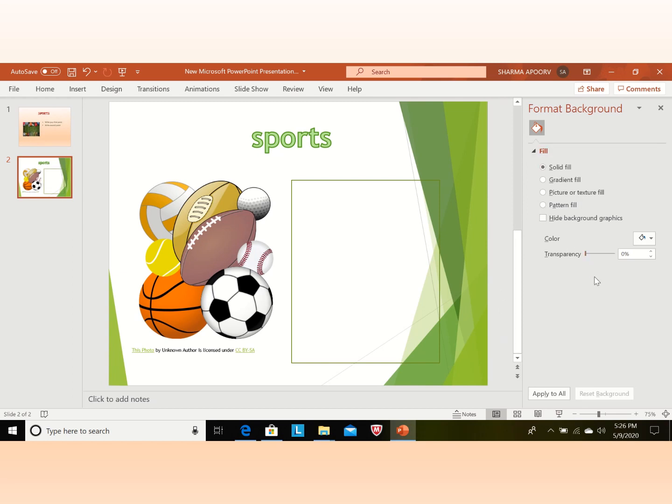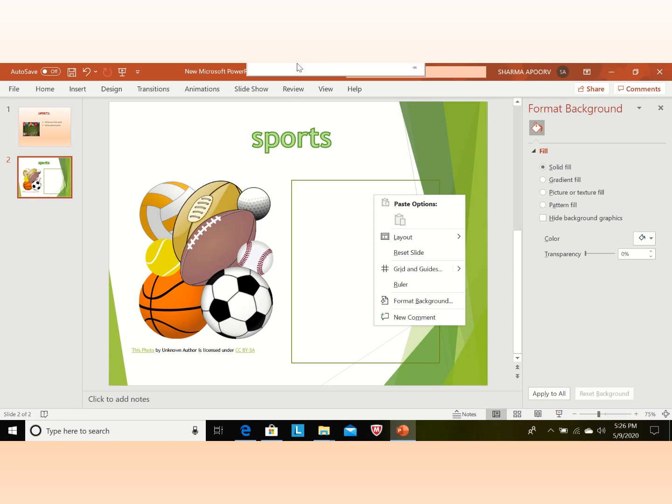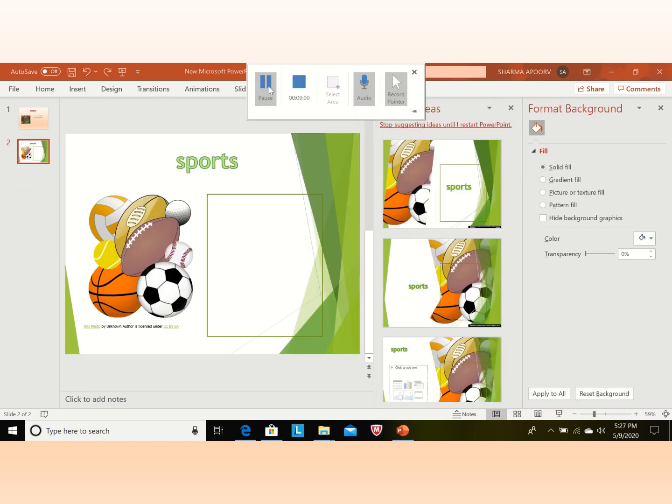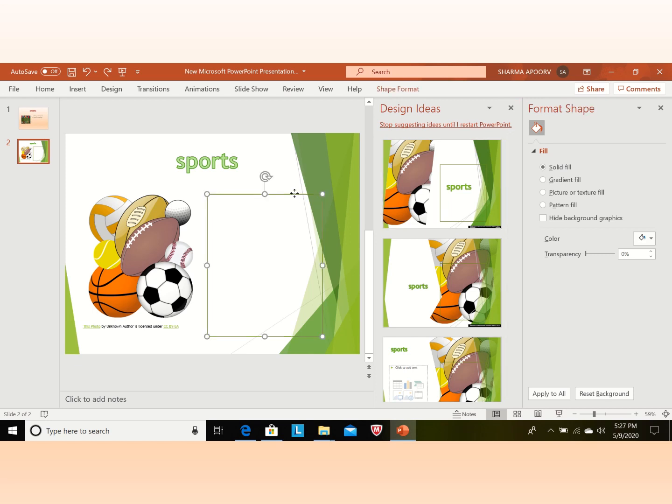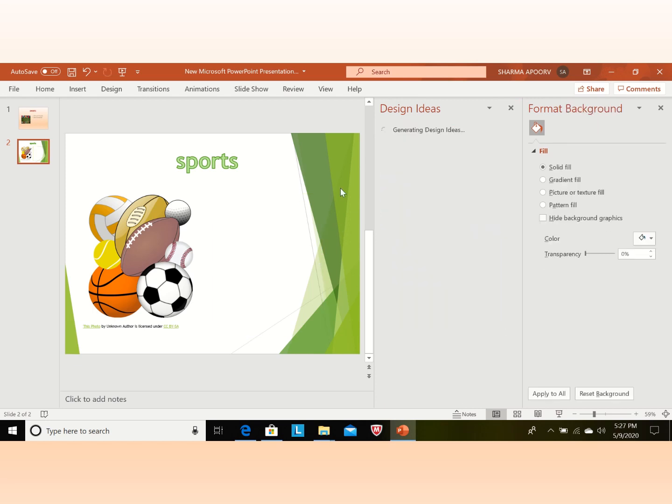We can use these options related to the picture. Now I am deleting this shape. I will insert another shape.